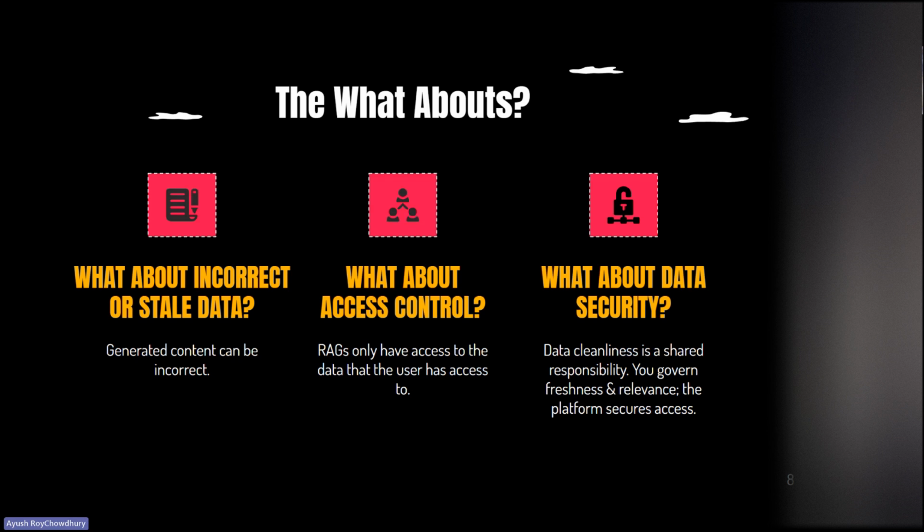And the answer to that is actually listed under any AI system that you use. Any AI system that you use will have a tiny little bit of text at the bottom, if you blink, you'll probably miss it, that says generated content can be incorrect or something of the sort. And that is exactly your response. Incorrect or stale data can always generate incorrect content.